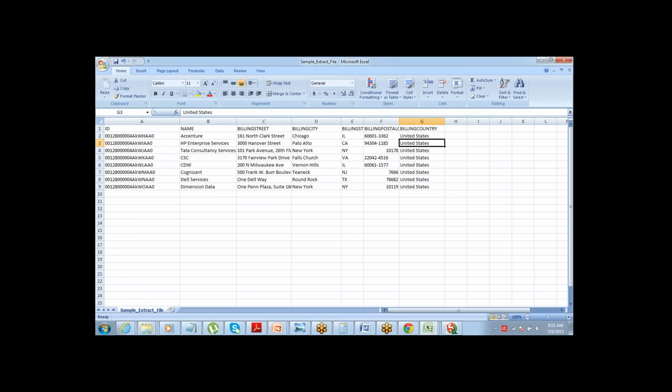Clear on it? So we are able to insert the data, we can update the data, we can delete the data in bulk, and we can also export, right? So this is how these things would work. Let me know if you have any questions or queries here. Any doubts? Vipula has a question.